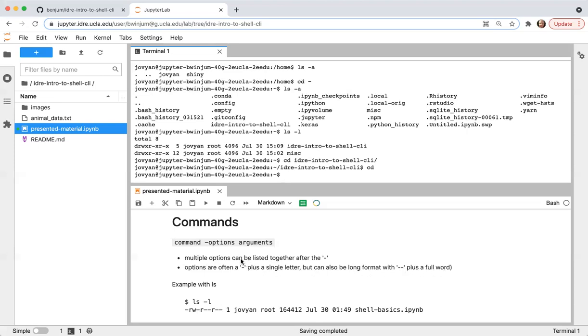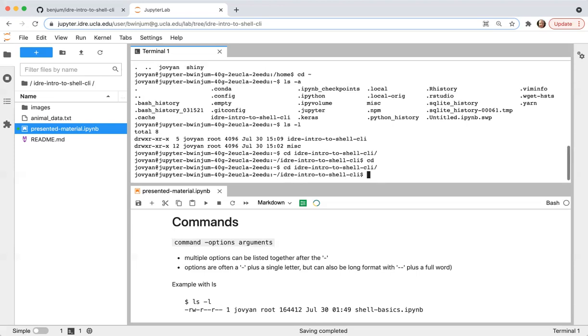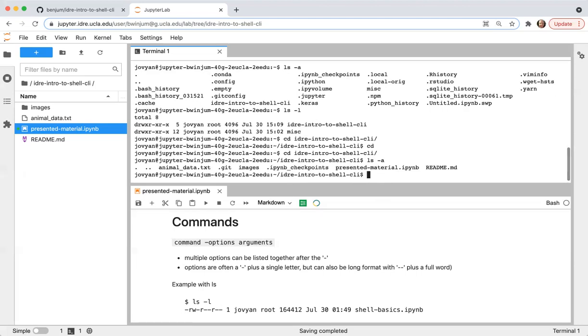And you can have multiple options listed together at the same time. So I mentioned ls -a. So I'm going to change into this particular directory that's shown here. For those of you who are on Binder, you can just stay in your home directory. If I do ls -a, this shows me all of the files, including the hidden files.